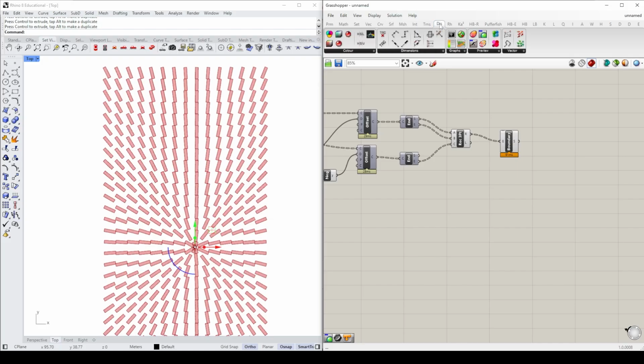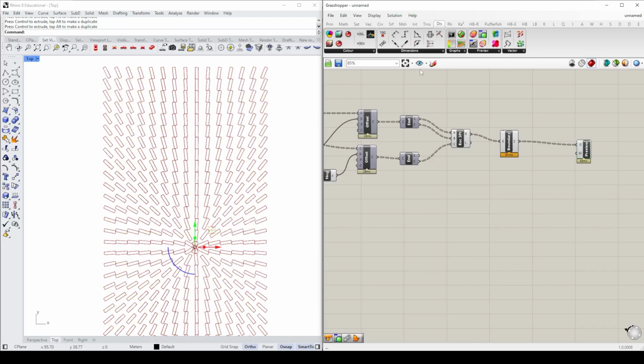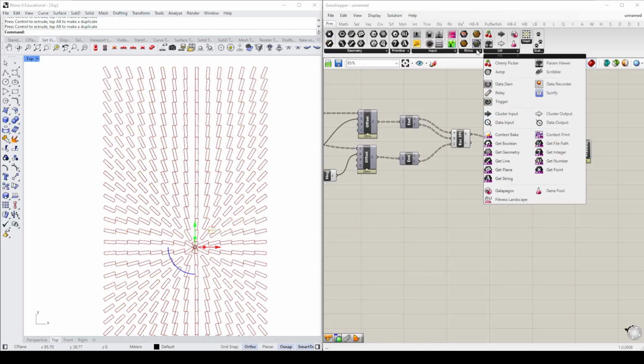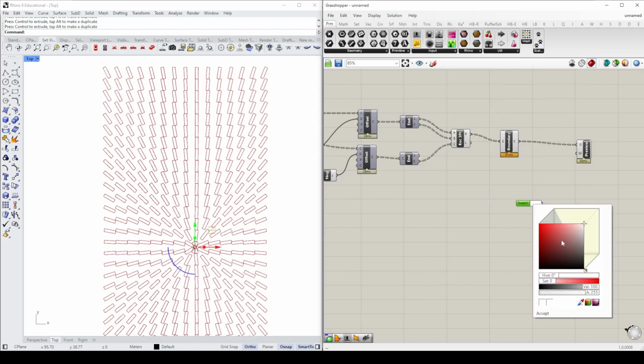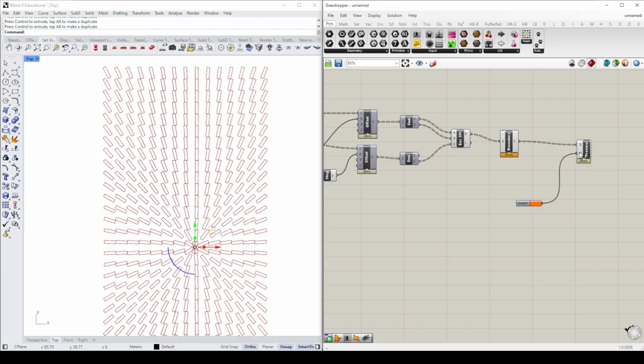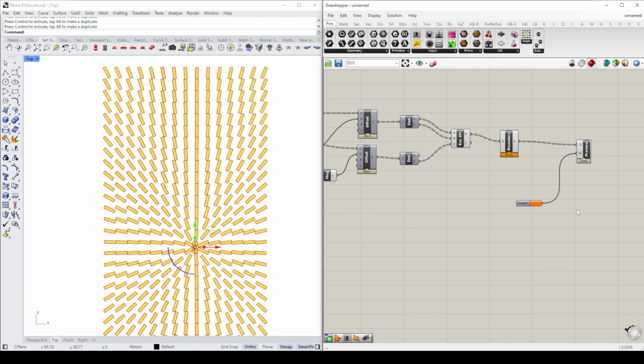And here under Display, we'll use the Custom Preview component, Display, Preview, Custom Preview. And then we'll come here, the first tab, Params, Input, Colour Swatch, and let's just give them an orangish color. So yeah, that's